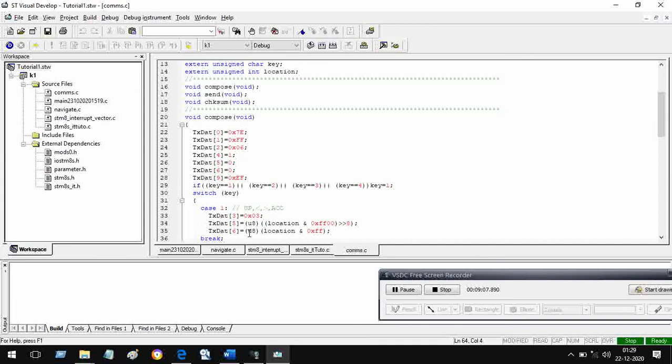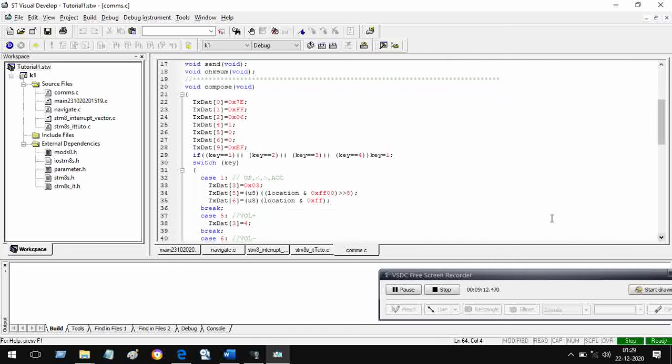So when the function is 3, then which keys are used? Up, less, greater, which means this is previous and next, and accept. So these are the 4 keys I am going to use.